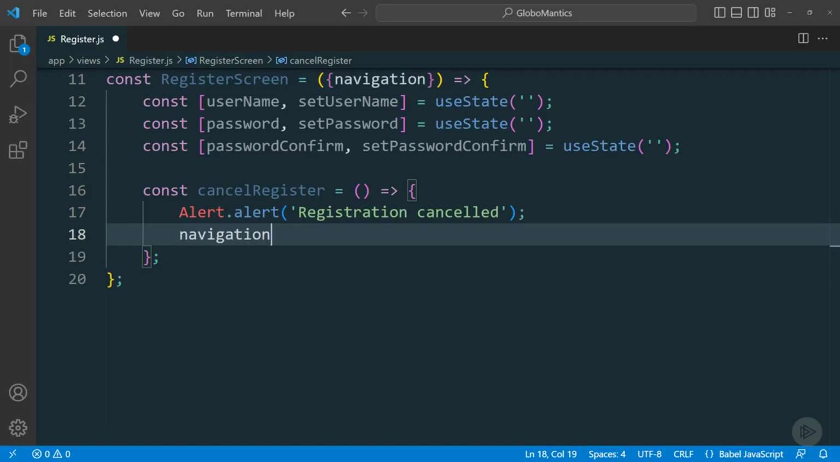We will use the navigation prop for this. The navigate method allows you to navigate between routes. You do this by providing the name of the route that you want to navigate to. Now that we have added the cancel register function, in the next clip, we will add the function to register